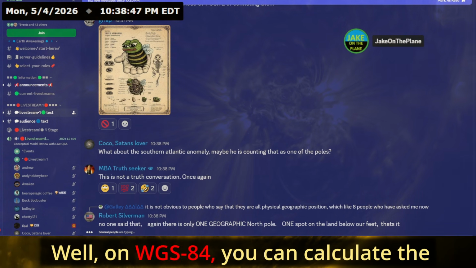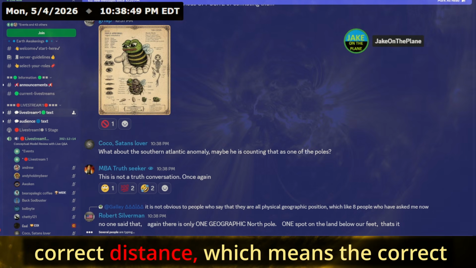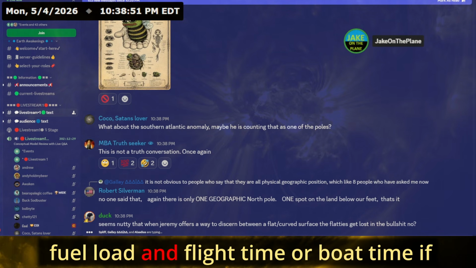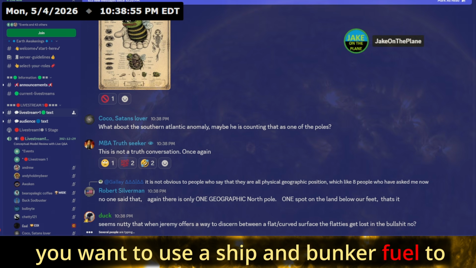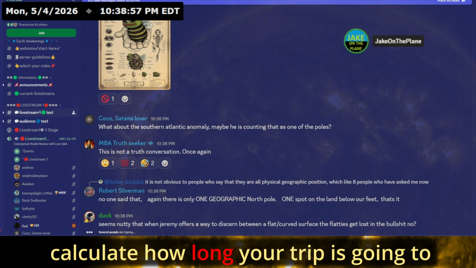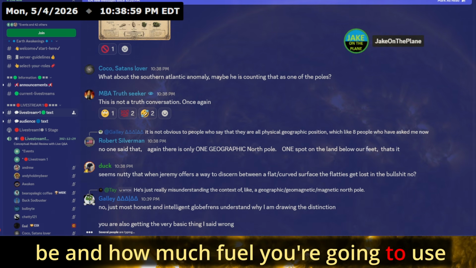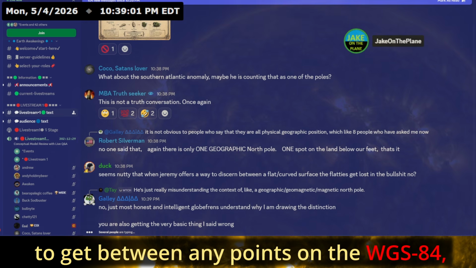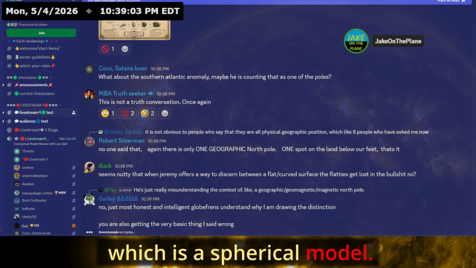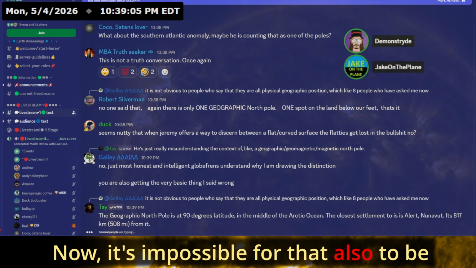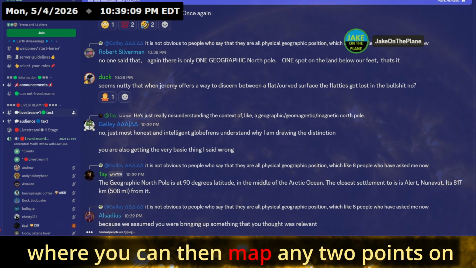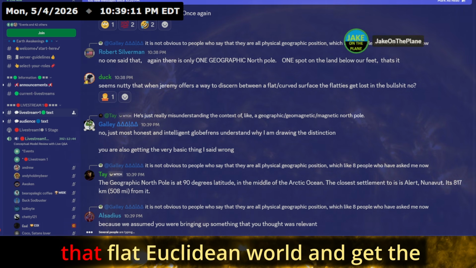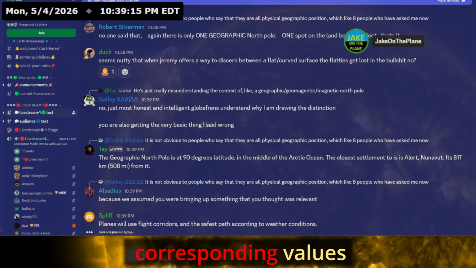Well, on WGS 84, you can calculate the correct distance, which means the correct fuel load and flight time, or boat time if you want to use a ship and bunker fuel, to calculate how long your trip is going to be and how much fuel you're going to use to get between any points on the WGS 84, which is a spherical model. Now, it's impossible for that also to be a flat plane using Euclidean geometry, where you can then map any 2 points on that flat Euclidean world and get the same corresponding values that you do